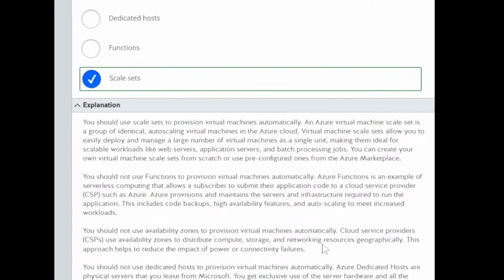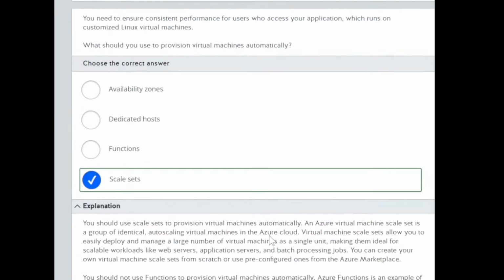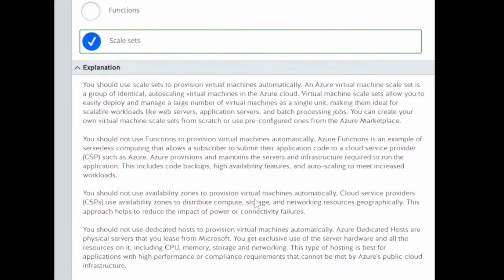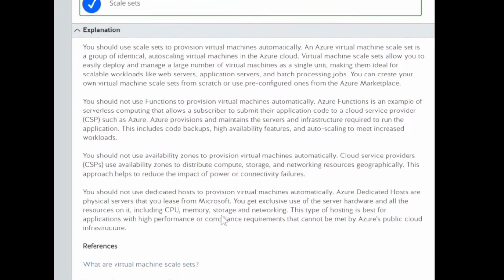Para siyang pang geographical availability, hindi yung for performance. As in, ensure consistent performance ito, consistent na availability ito. Okay? O mag-down yung isa, up pa rin yung kabila. Load balancing, parang ganun. So, hindi siya about performance. About physical yan.